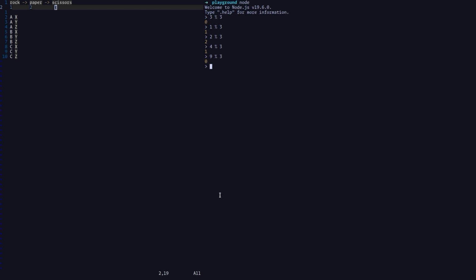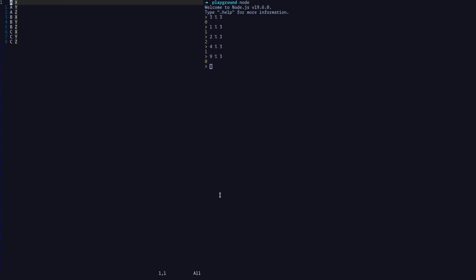So what we need to do in this case is say that anything that returns 0 is the end of the range. So 9 modulo 3, that's the end of the range, and that should return 3. We're going to deal with that using conditions, but I just wanted to explain how we use modulo to round numbers, either to limit them in a range or to just change the value of the number itself.